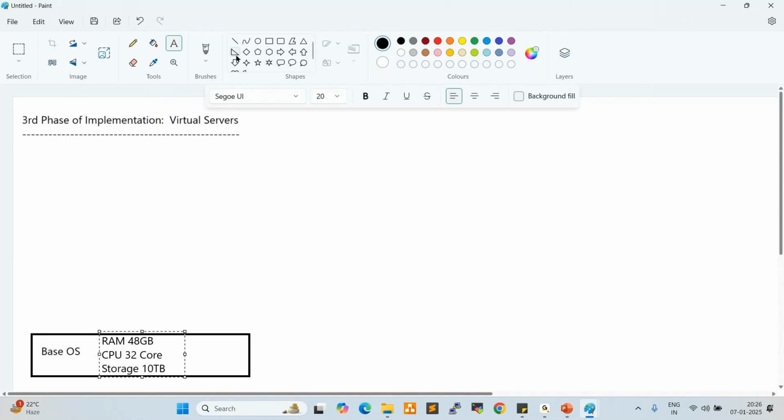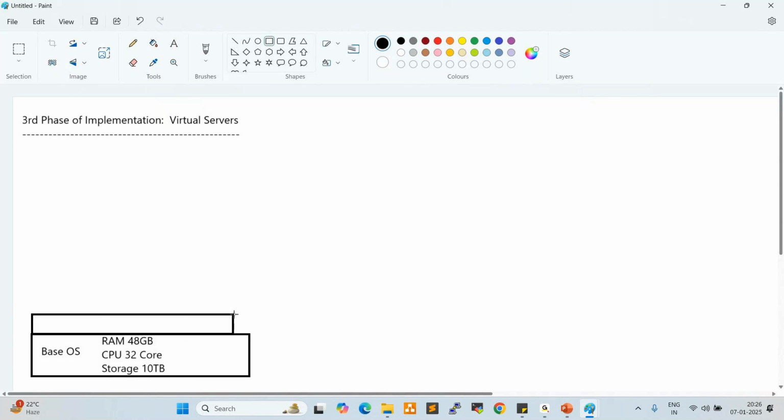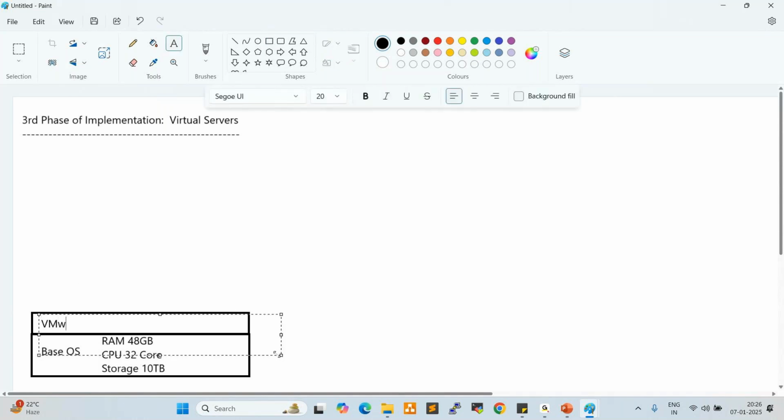So on top of this, what I will do, I deploy one software which is VMware or hypervisor, Hyper-V or Citrix. So any software. So these are the virtual softwares. Once you install the software, this will allow you to create virtual servers.